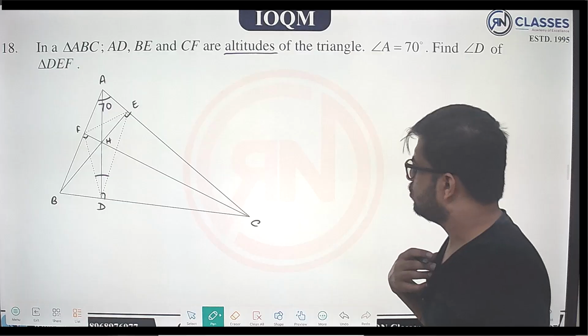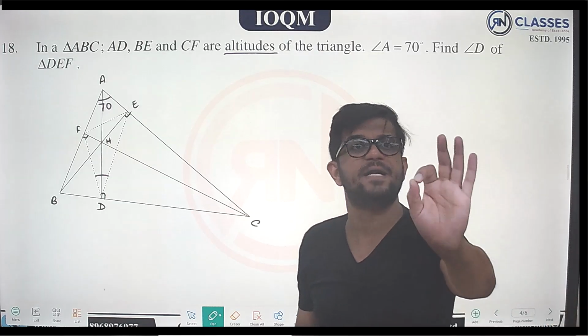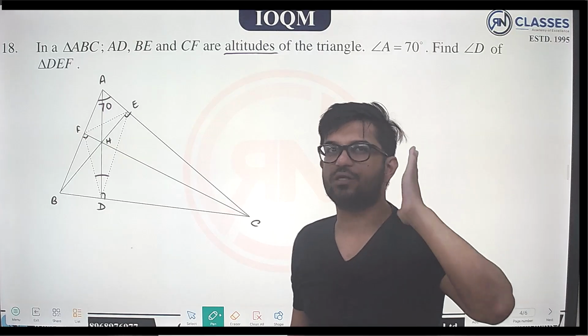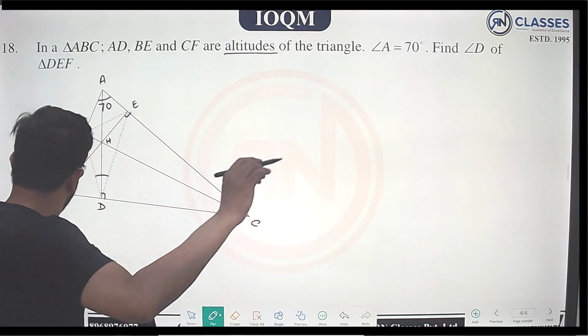ठीक है, सो क्या किया जाए? एक काम कर सकते हैं, परपेंडिकुलर्स हैं तो सर्कल्स बनेंगे, फटाफट बनेंगे सर्कल्स। तो लेट्स सी, सर्कल्स बनाते हैं।